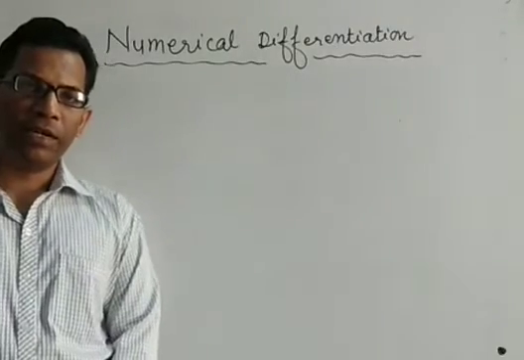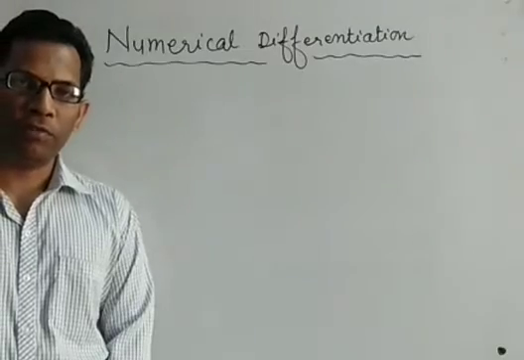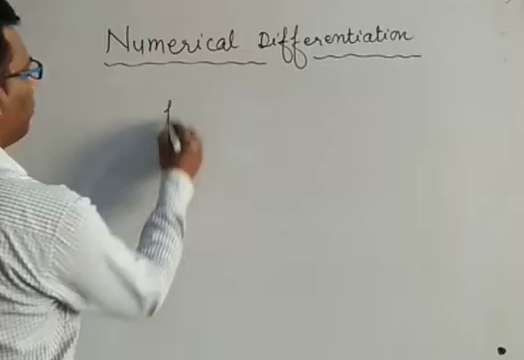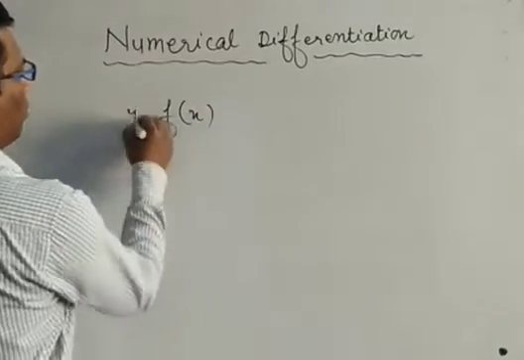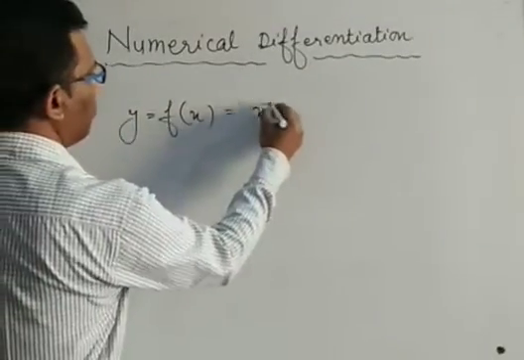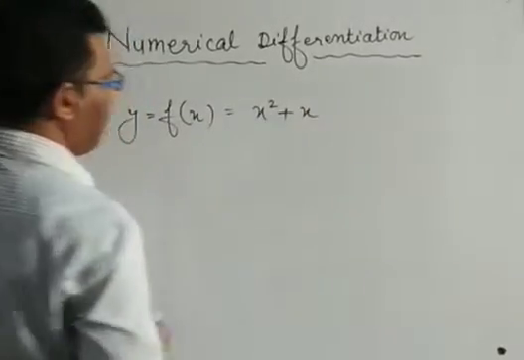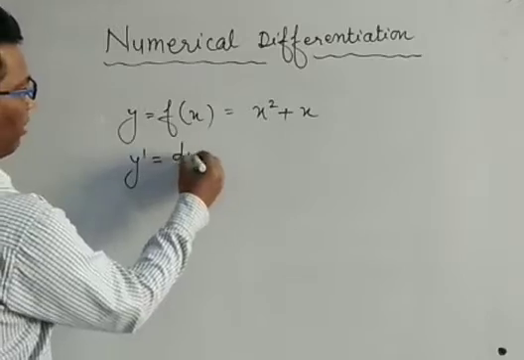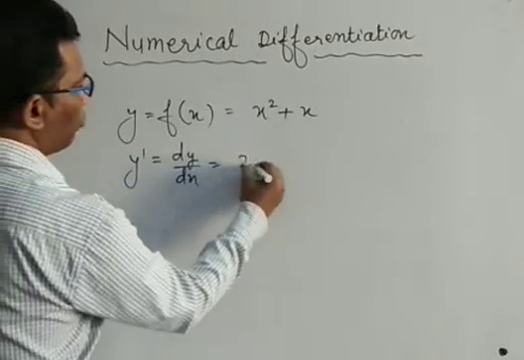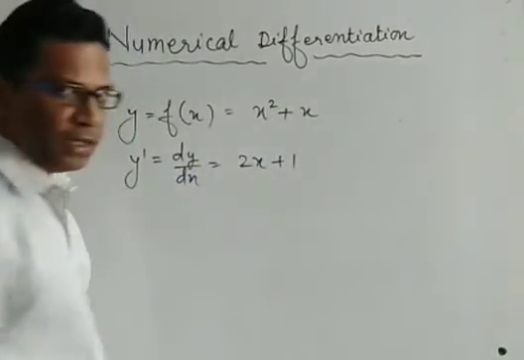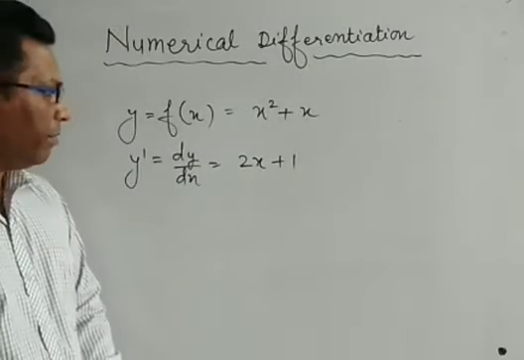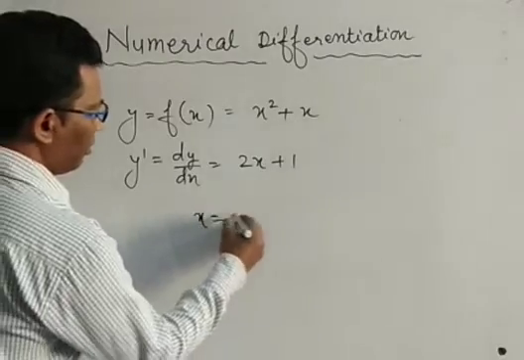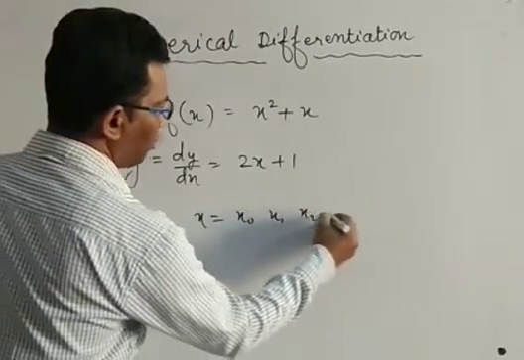कि derivatives निकालने के लिए आखिर ये interpolation formula की हमें जरूरत क्यों है. Suppose एक इक्वेशन है y equals to f(x) equals to x square plus x. अब इसका अगर हम लोग डेरिवेटिव निकालेंगे that is y dash equals to dy by dx equals to 2x plus 1. But even if we have given a set of values of x and y, suppose x0, x1, x2, x3